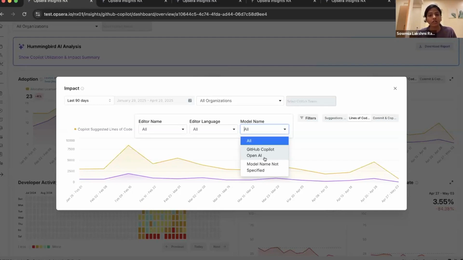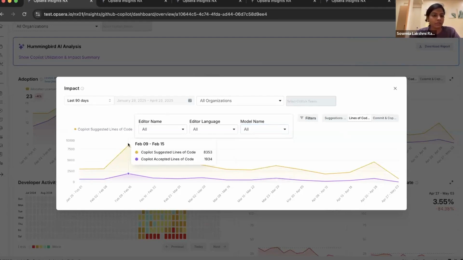And then Copilot introduced a lot of fine-tuned models, right? You can pick those fine-tuned models and you can use them across languages like C and C++, and that is when we also brought in this model filter where you can actually filter out and see which model is providing you the maximum impact, right? Where maximum suggestions and of course, maximum acceptances have gone in. Again, the lines of code that have gone in, more as well. So you can drill down to that level. I will also show a different view of how you can look at the model-specific data. But with respect to impact, yes, you can filter out your impact with editors, languages, and models.